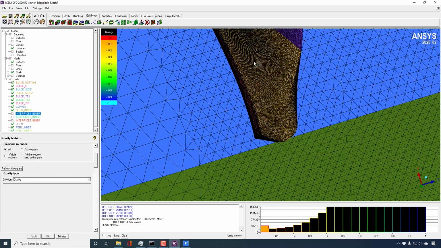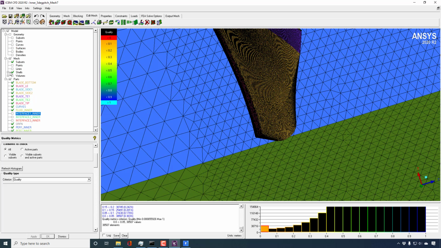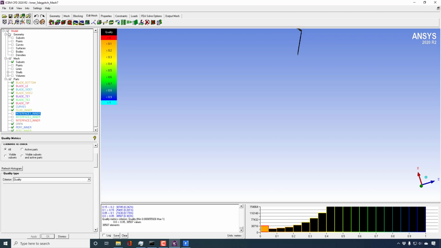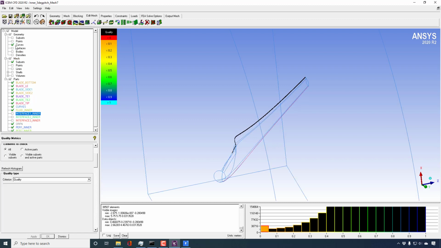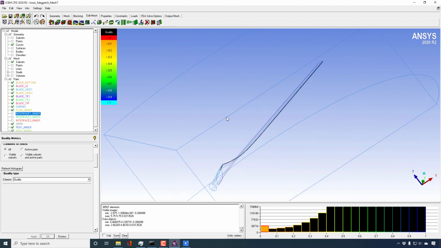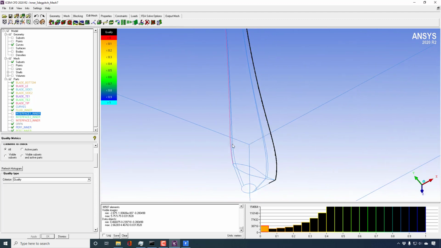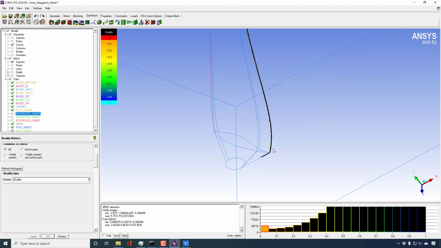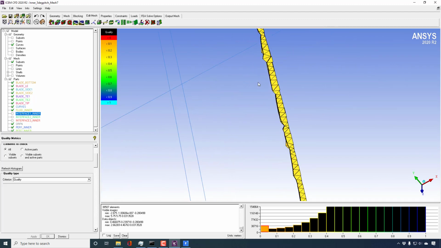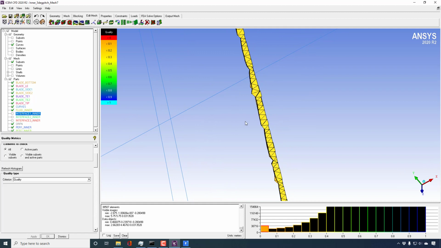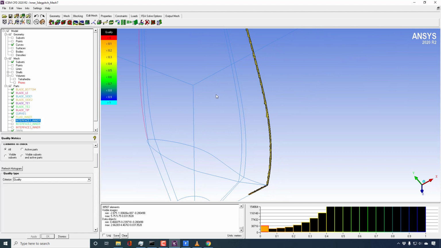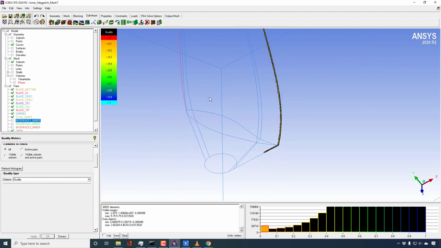Nonetheless, we are going to pinpoint these problem areas. One method is that you can hide everything from the screen, like the shells, and then simply click on this fit window sign, and you will get the idea that we have the problem areas over here. Now you can display the curves, and from here you can get the idea. This is definitely a problem area, right on this very sharp trailing edge. This is very obvious because the cells are not very small, or the angle is very sharp at the trailing edge. That's why we have the low quality cells. So now you know the location where we have these bad cells.